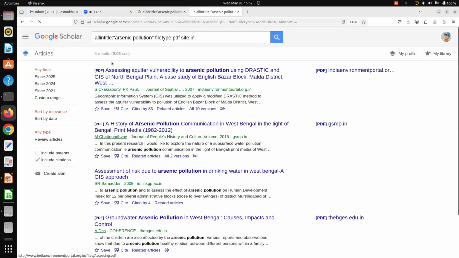Okay, so another, here it is, 5 results. So we are habituated with this kind of tools and technology. Take any database of the world, they are based on different kinds of search operators: boolean, relational, positional, and keyword-based searching. But this situation is changing because of the large language model.